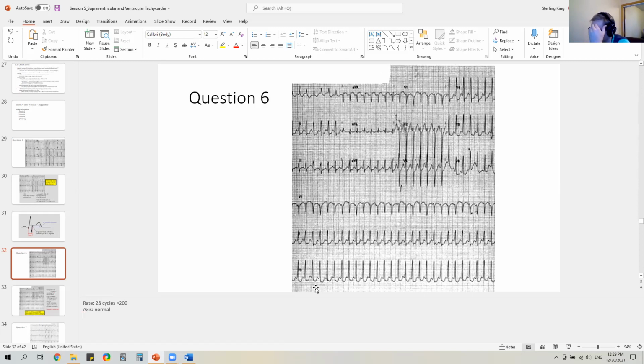So if we're thinking it's over 200 and it's got a narrow QRS, right away we should be thinking supraventricular tachycardia. Now the question is: is it the atria, is it the SA node, or is it the bypass tract of some kind, AVRT, AVNRT? So it's got to be something in there. So if we look at this,